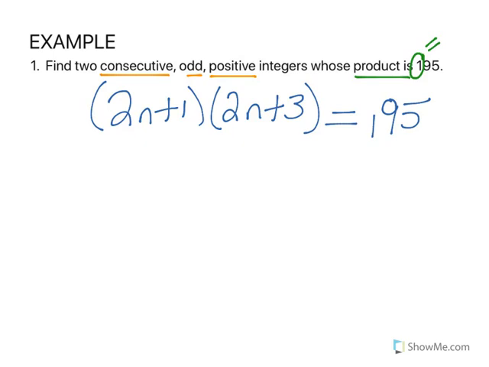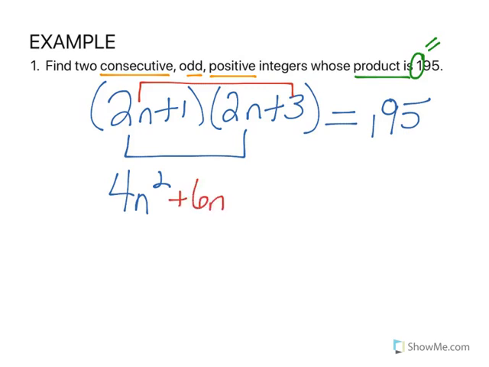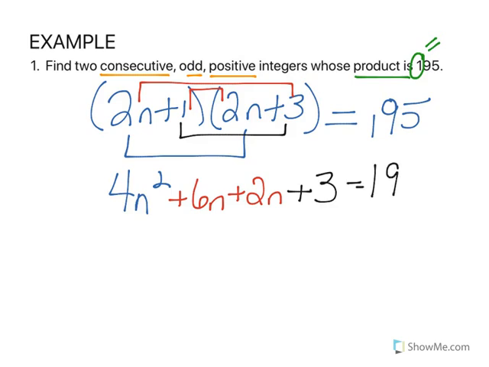So let's multiply the two binomials together. We'll get 4n squared, plus 6n, plus 2n, and then plus 3. If you combine like terms, we'll get 4n squared plus 8n plus 3